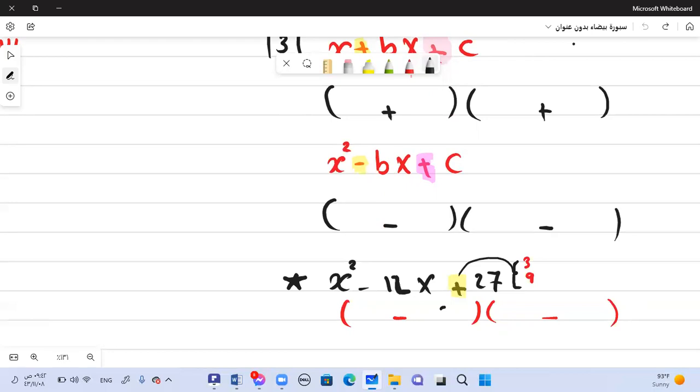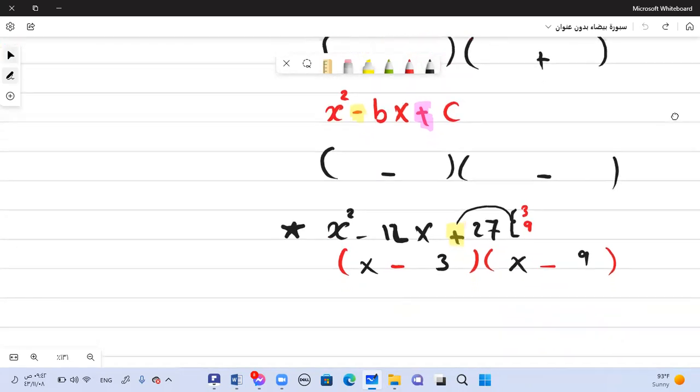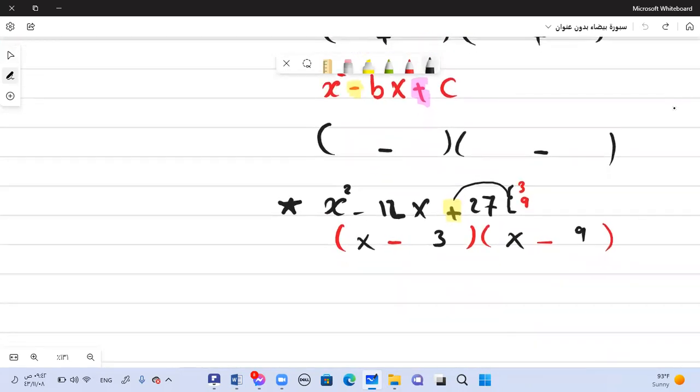Okay, so we should write it 3 and 9. Okay, you can write it 9 and write 3. I don't have any problem if we have add. Okay, okay. If I will give you another exercise about this idea, x squared plus